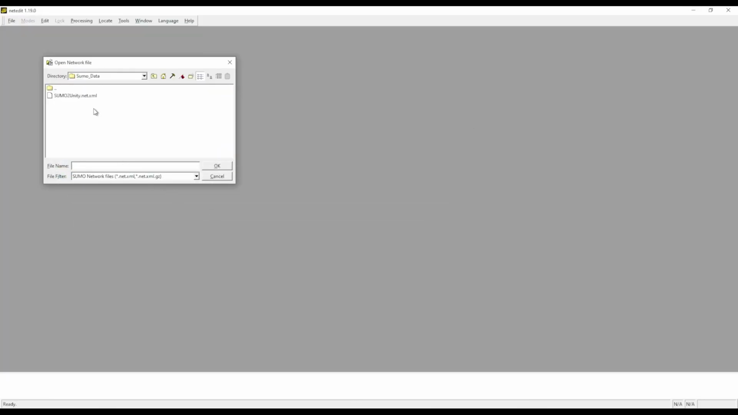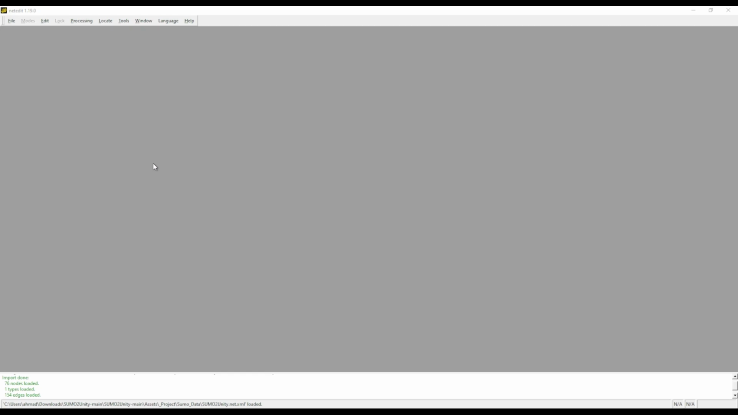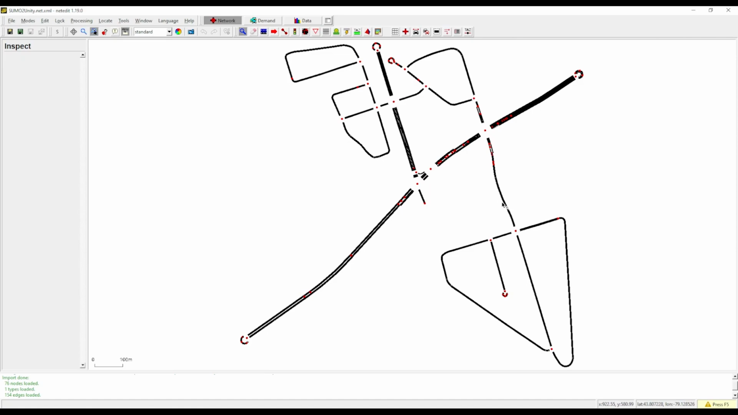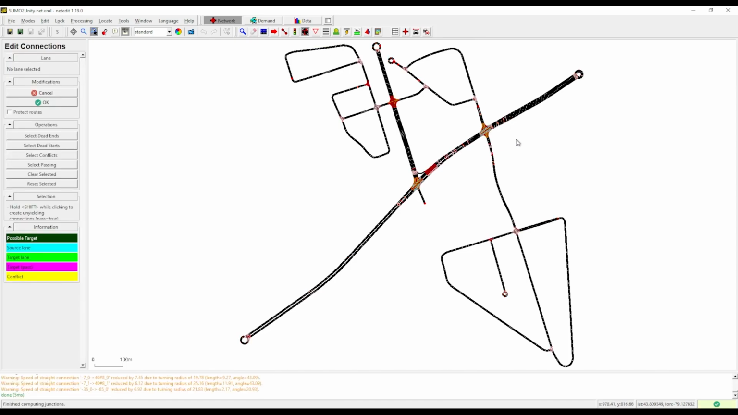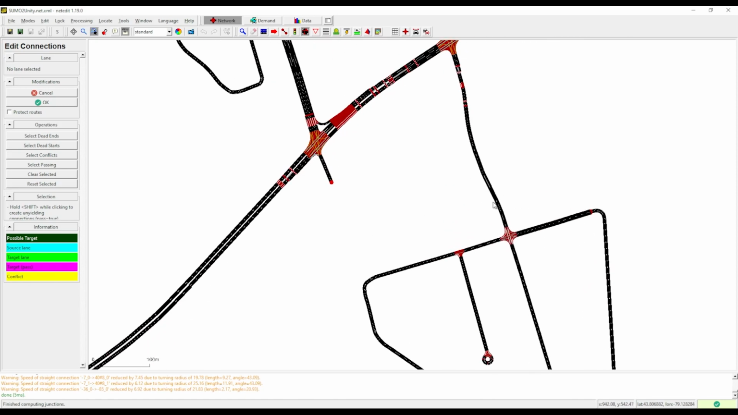So just copy paste here and then this net file. Open it. Then you will see this environment. First thing, click on this connection. You will see the connections, okay? And then if I zoom,